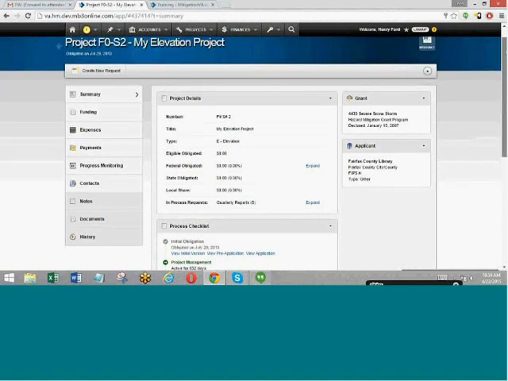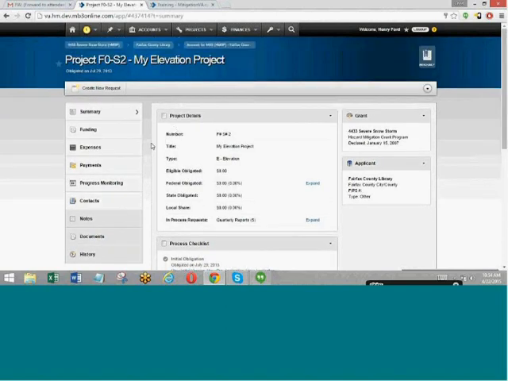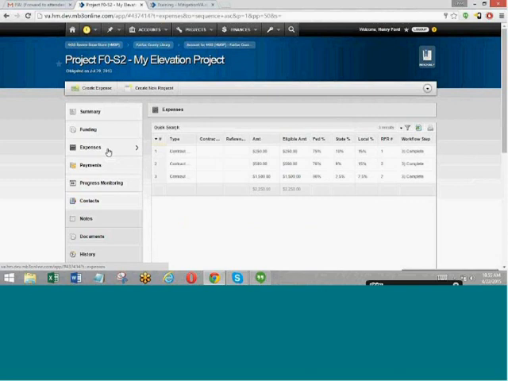What you can also do, which is a really nice feature, is log expenses against the project throughout the life of the project without having to submit them as a reimbursement request to VDEM. As expenses incur, you have to keep track of those. You have to keep the supporting documentation because you do have to submit them at some point when you request reimbursement. So this system has been made available to you to do exactly that, to track all your documentation.